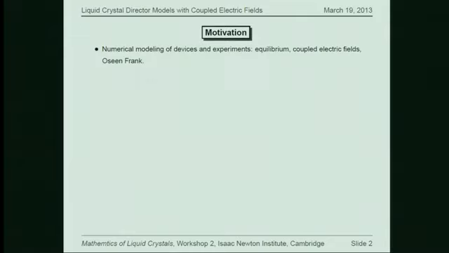What I'm going to talk about grew out of some numerical modeling experiences that I've had over the years, working on different projects, modeling at typical scales of devices and experiments, equilibrium orientational properties of director fields and such with coupled electric fields in the framework of Oseen-Frank elasticity, so kind of the standard old-fashioned type of modeling. The types of numerical investigations that I've had to do on a number of occasions involve numerical bifurcation and